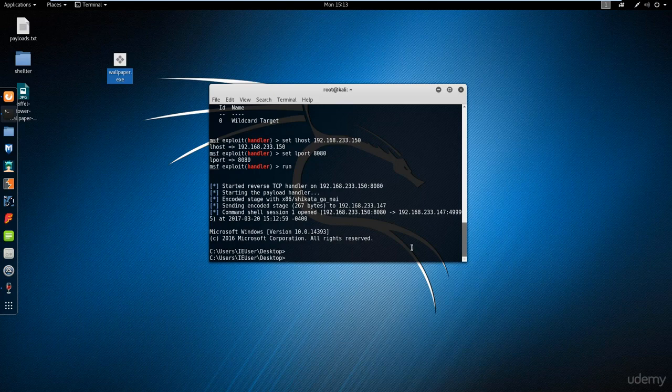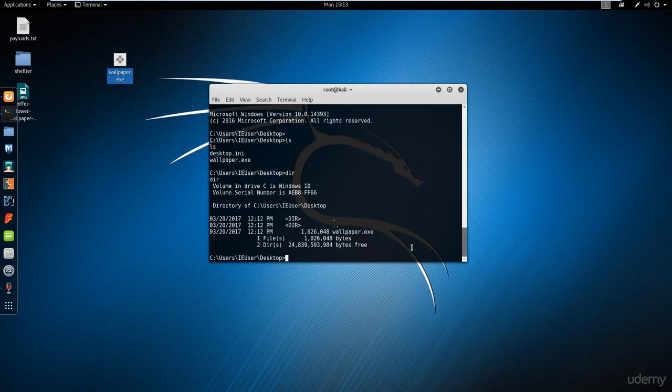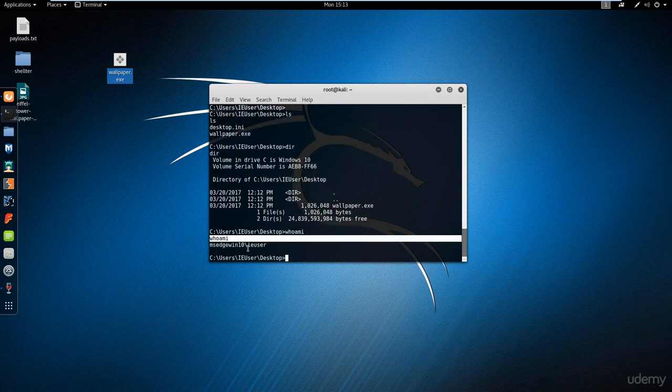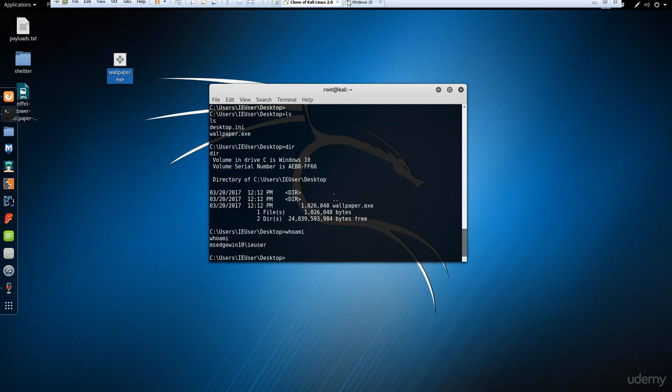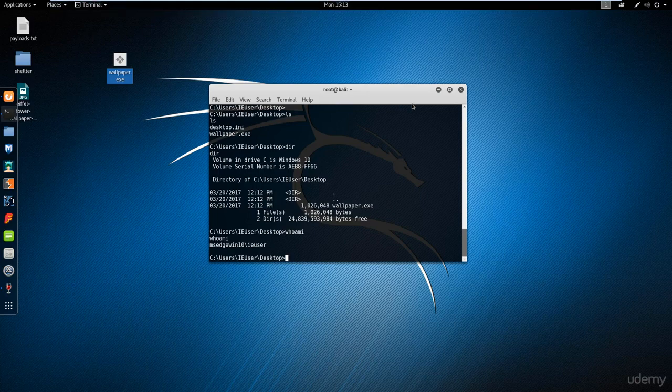As you can see, I can do anything: ls, dir, or whoami, and I can do a lot of things. So we learned from this video how to convert an exe or any image or mp3 file, PDF. You can do that with everything to an executable, then inject a payload into this executable file, then run it